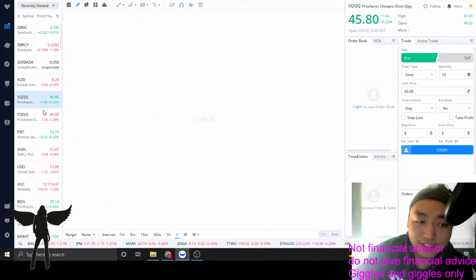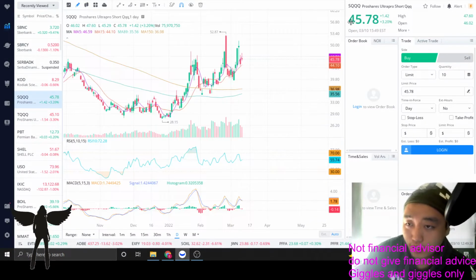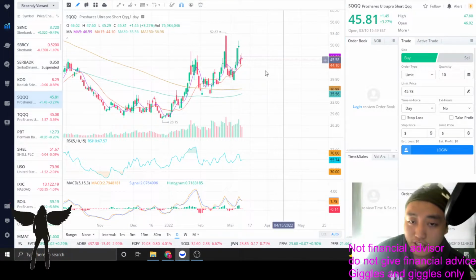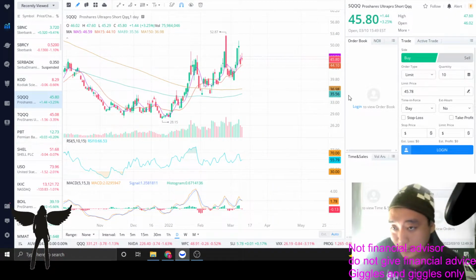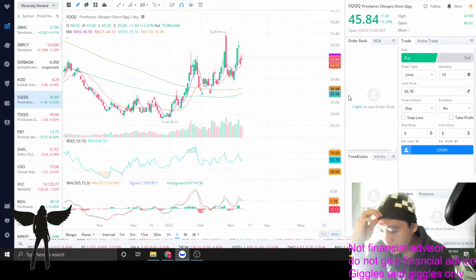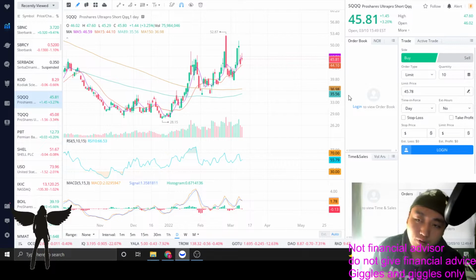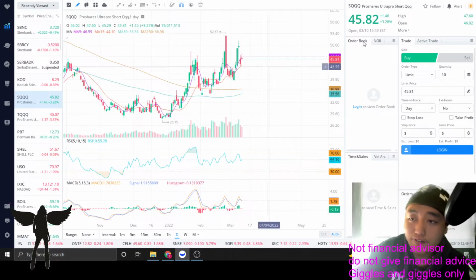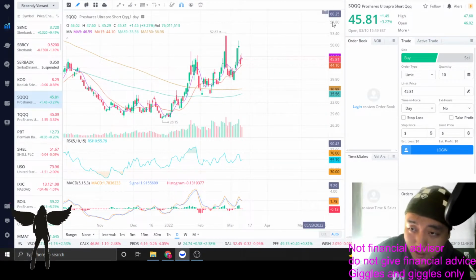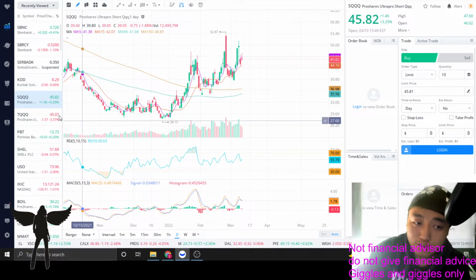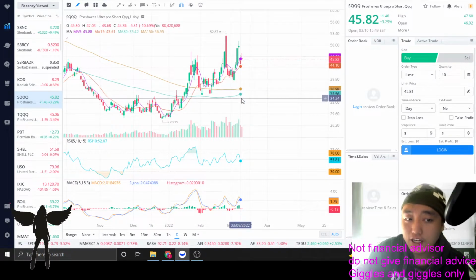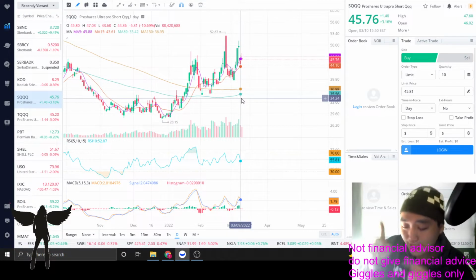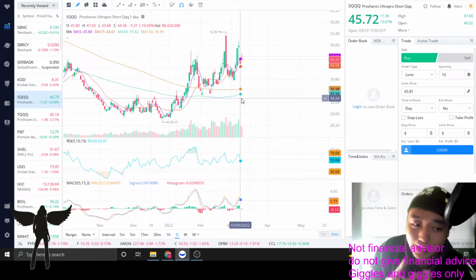So in this case, when ProShares, which is a market maker, an institution, pushes out the ETF that gives you leverage to short or long Nasdaq, what they have to consider is the price, because they become the market maker of providing you the service to short or long the stock. And when TQQQ and SQQQ have the same price on the market, that means that the cost of shorting and longing the Nasdaq is essentially the same. What does that mean? That means the market is A, very uncertain, and B, we expect a hugely volatile market in the coming month or coming week.